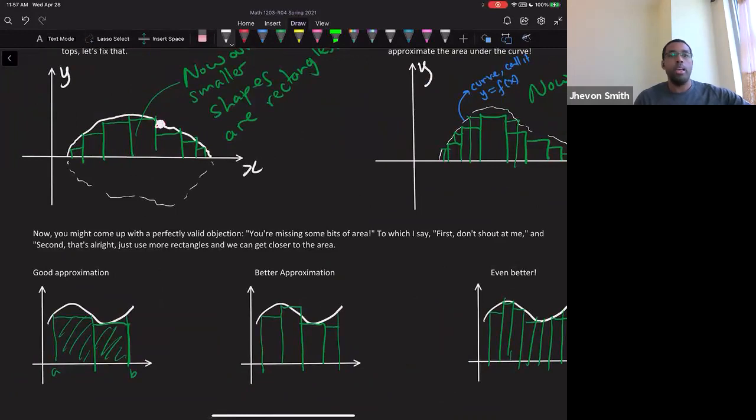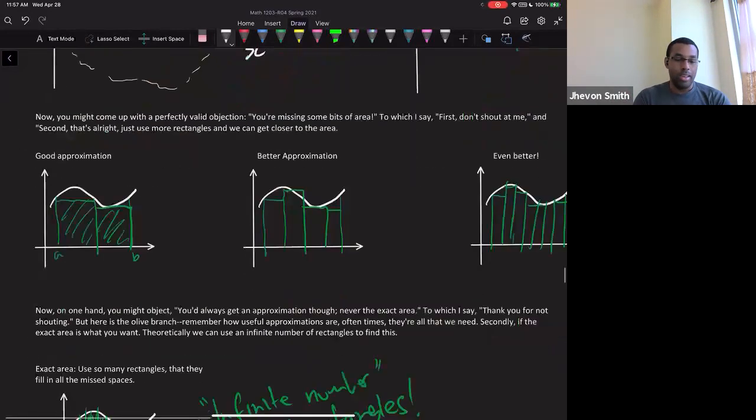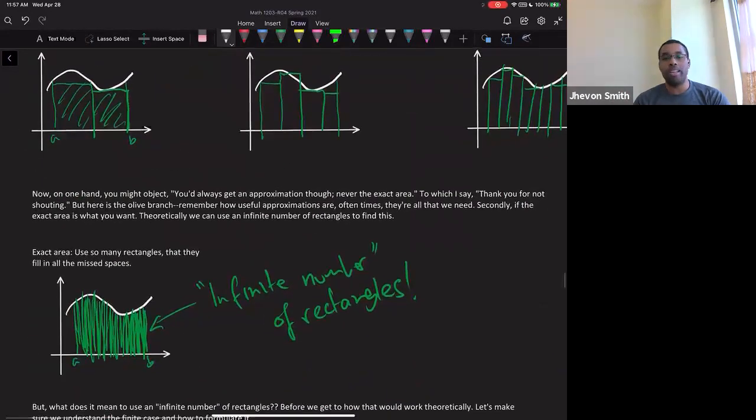So that's pretty straightforward, okay? But what if we're greedy? We don't just want an approximation. We want to know the exact area under the curve. How many rectangles would you need to fill in all the spaces? How thin would they have to get to fill in all the spaces? Well, I think you kind of know what the mathematical answer would be. You need an infinite number of rectangles, right? And they will be infinitely thin. They will have a width that we would call